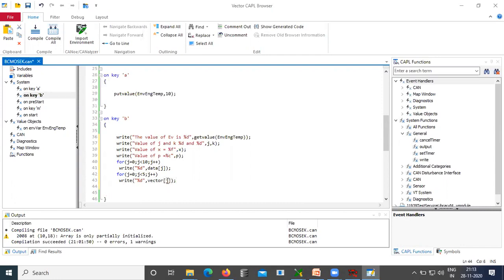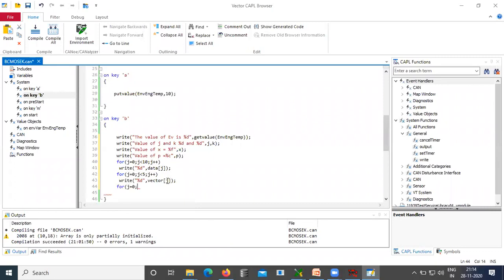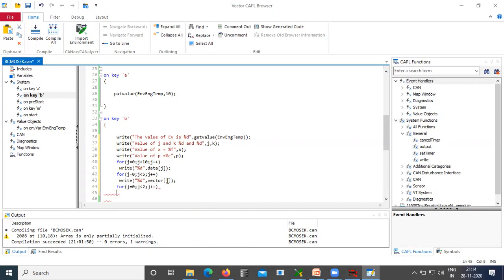The next thing, two dimensional. So for j is equal to 0, j less than 4, oh, I think 2, number of rows first, j less than 2, j plus plus. And then we have another for, k is equal to 0, k less than 4, k plus plus.